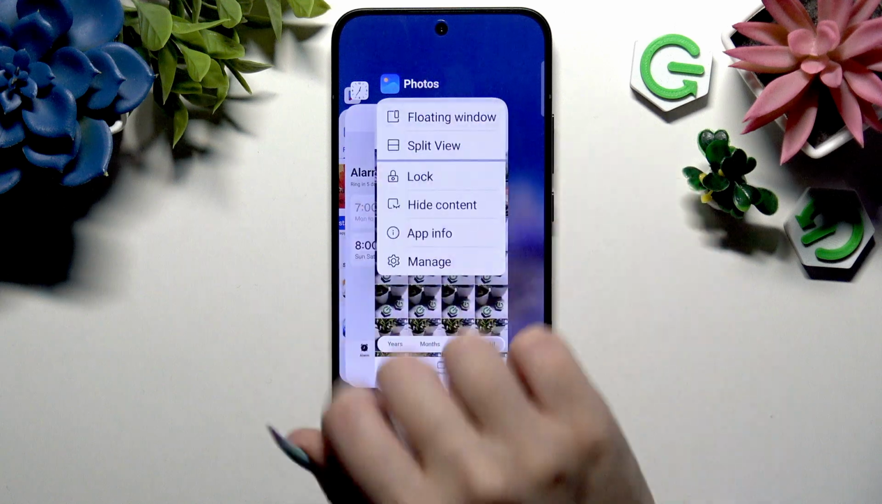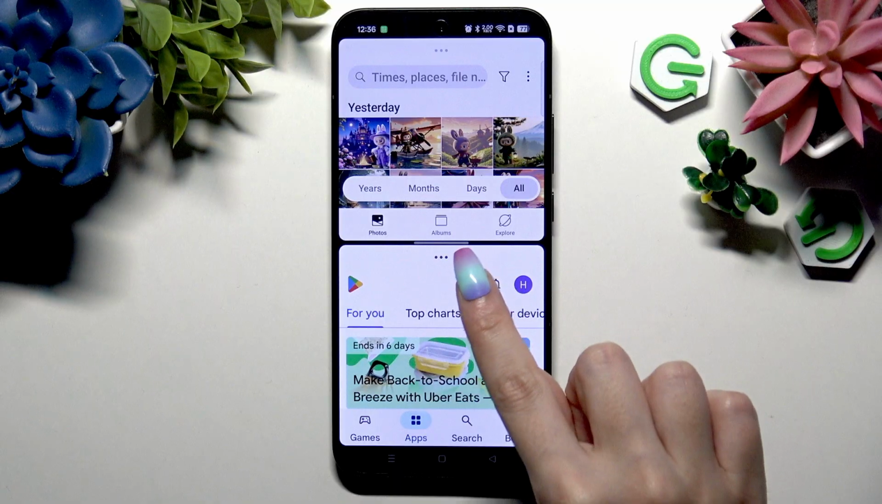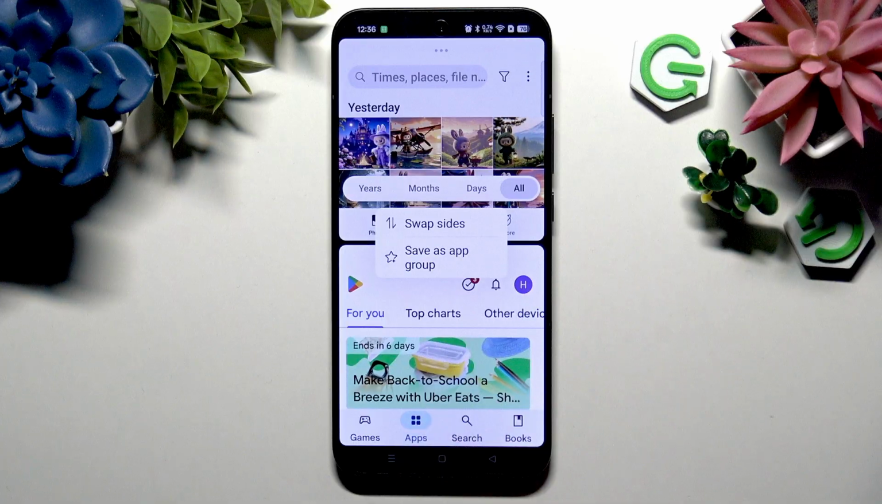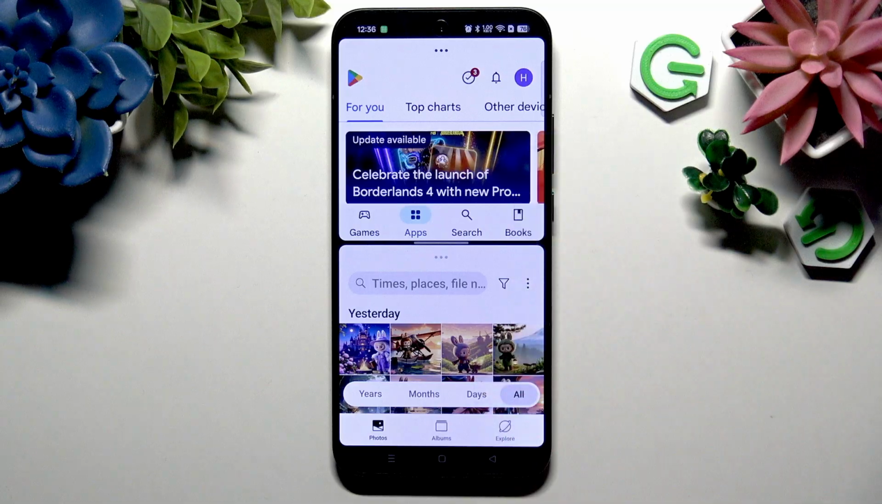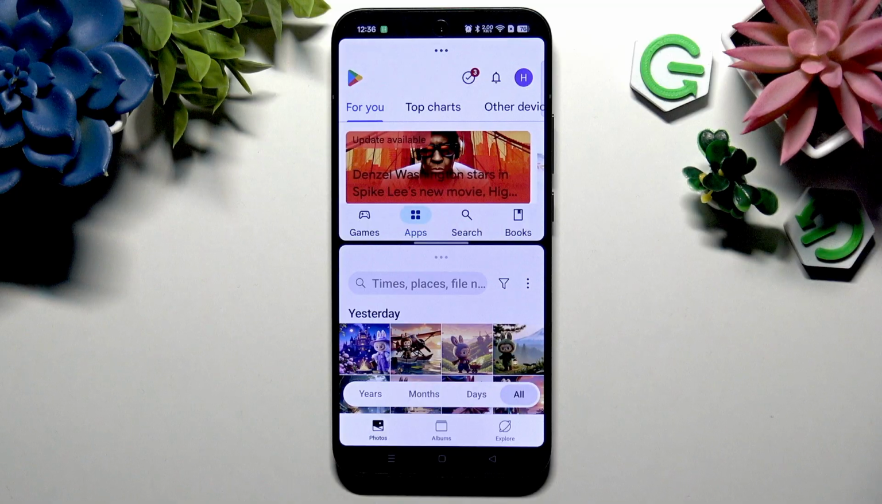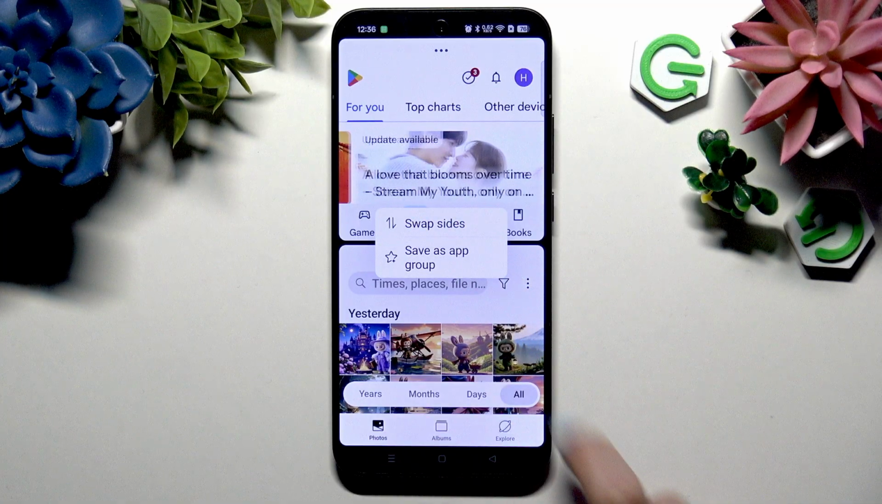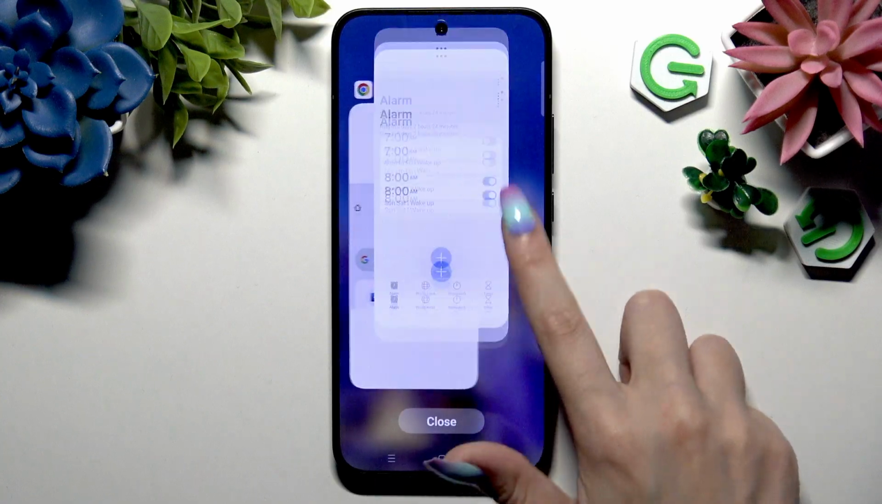But there is another thing that's quite interesting, because you can also click on this line instead of three dots and tap on swipe sides if you want to switch them. But here's my favorite part. If you often use two apps in split screen view, the same ones, you can tap on Save as App Group and then close your split screen view